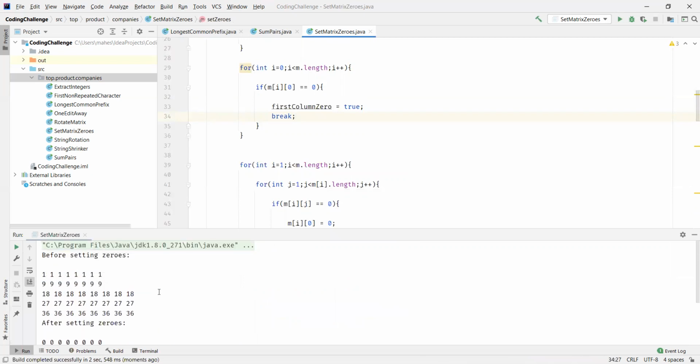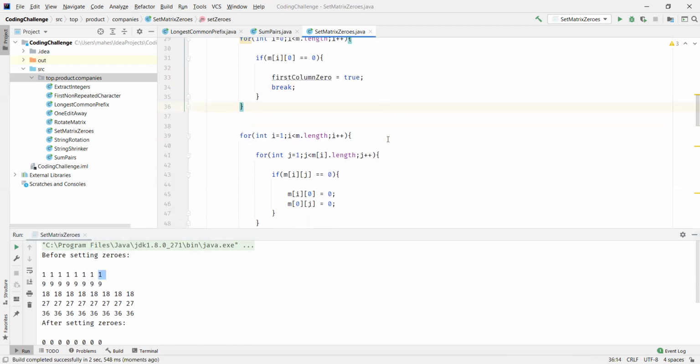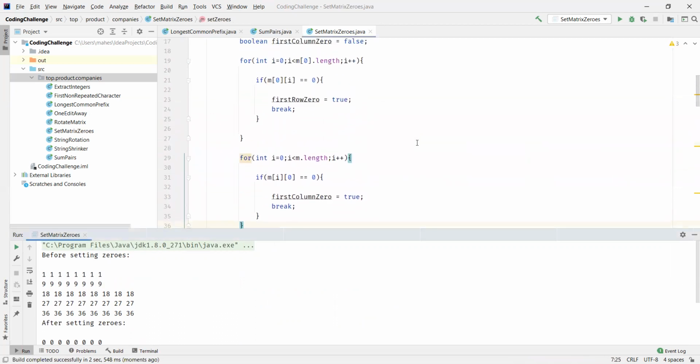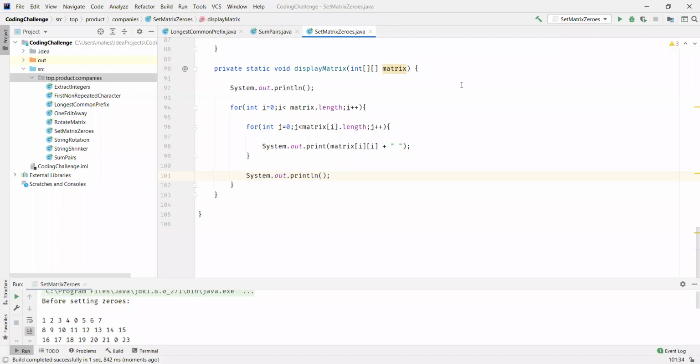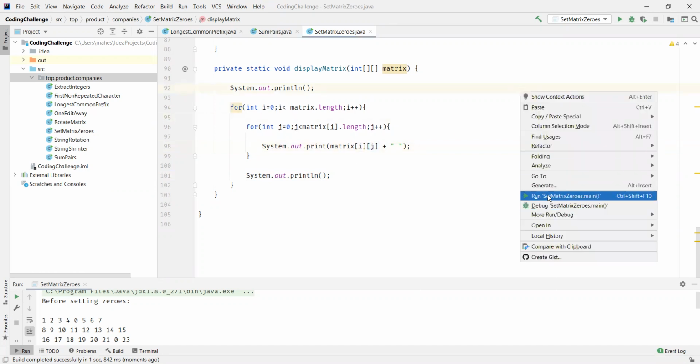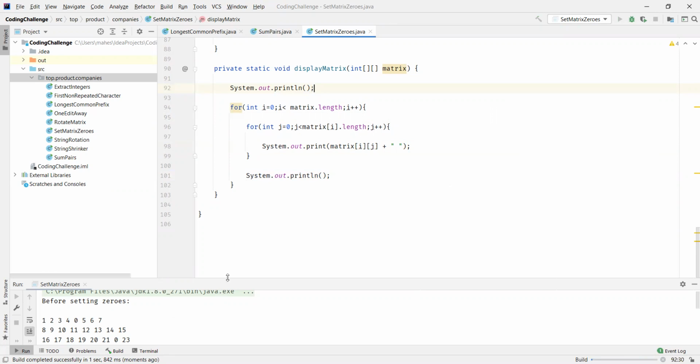And we can clearly see here, okay, there are ones and zeros. Okay, why did it print it like this? Let's check it out. All right, the issue is we are printing the element matrix i i. It has to be i j, right? Ith row, jth column. Let us execute the program again.